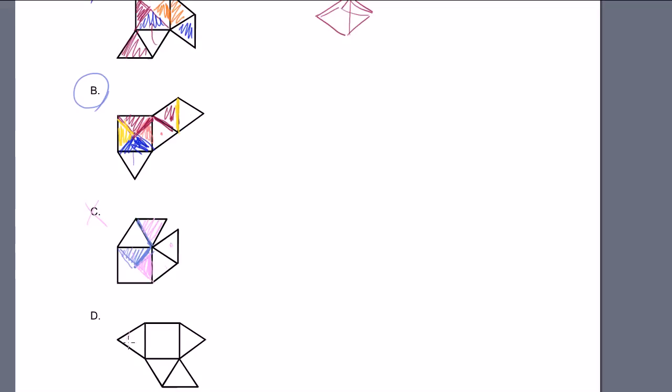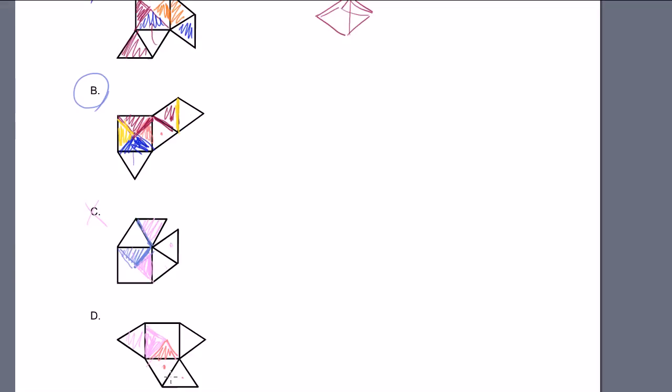This one, you flip this one over, it's going to look like that. Imagine looking at the pyramid from above. Then you flip this one over. It's going to look, let me switch colors. It's going to look like this part right here. And then this piece, let me do it in